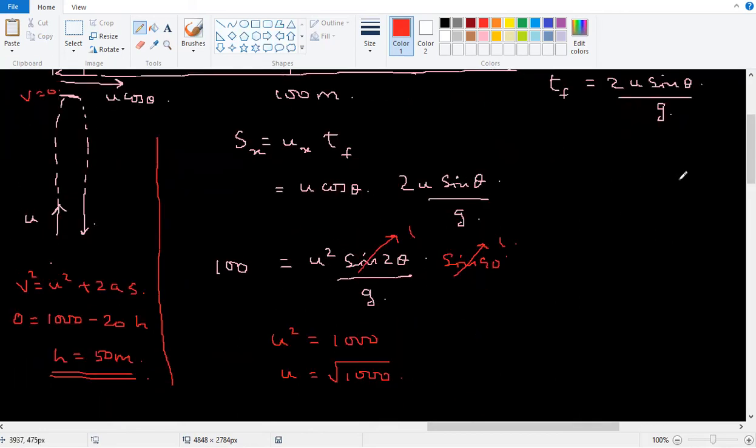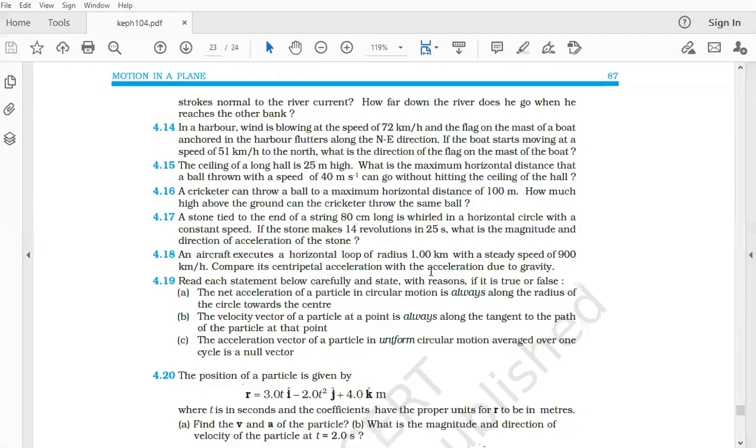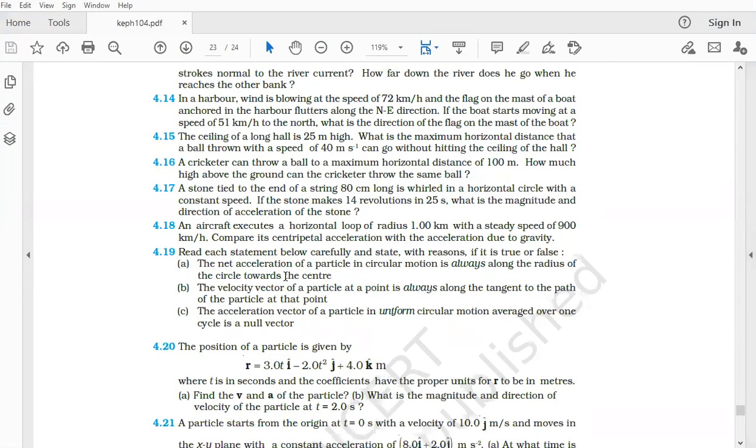Okay, anybody copying? Can I change the screen? Okay, so